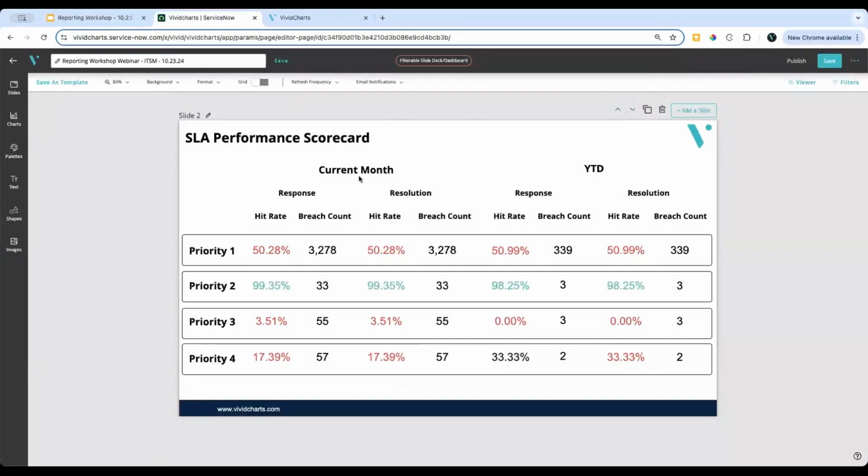And just to start here, we're going to build a number of charts from scratch today in the workshop. But to start, we're going to work off of this already completed slide that is focused on SLA. So this is a common report that we see a lot of interest in from our customers for SLA performance reporting. And just to set the stage with the structure here, when we're looking at SLAs,